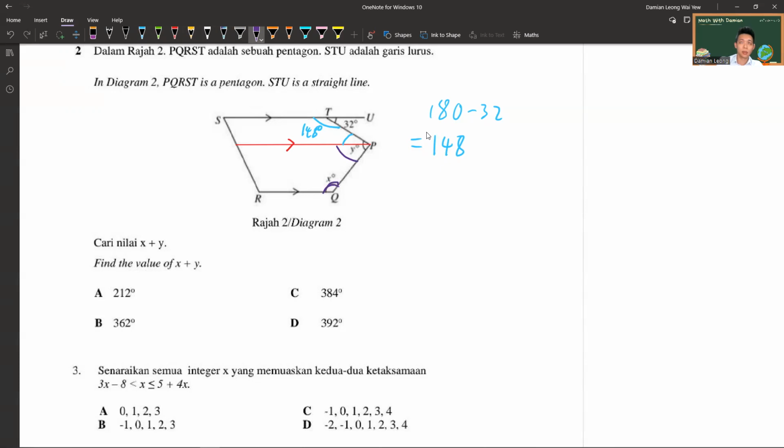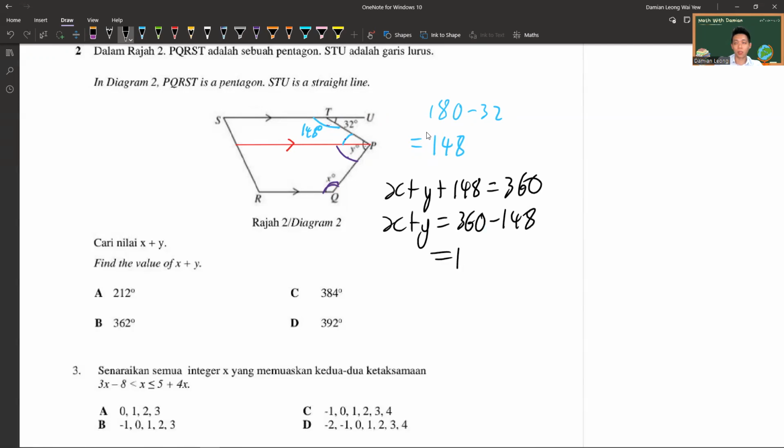So if I consider these two plus these two, both 180 plus 180, they will be 360. Means these three angles, 148, y, and x, should add up to 360. x plus y plus 148 is 360. So to find x plus y is 360 minus 148, which is